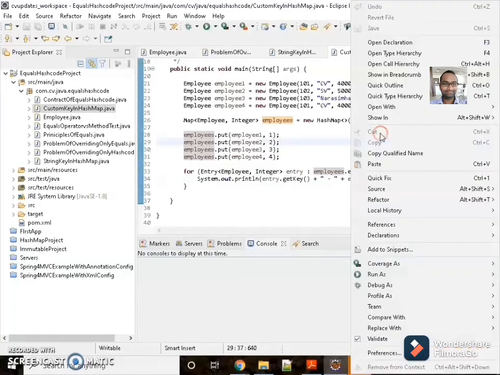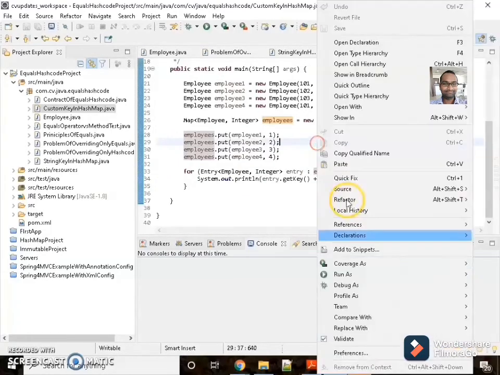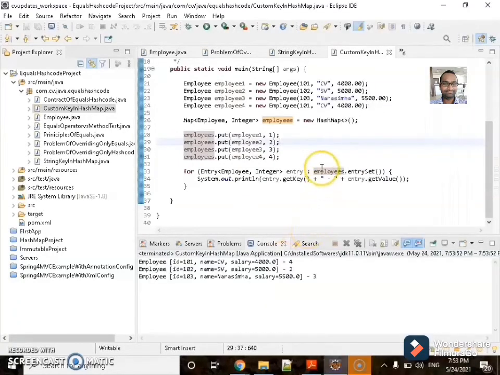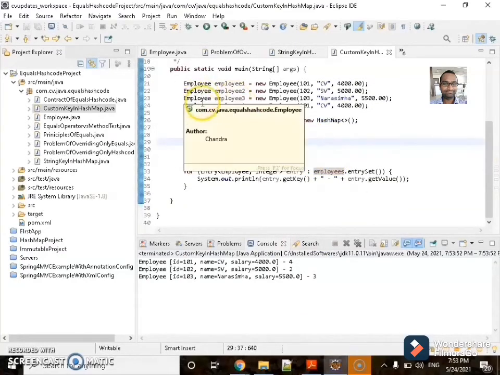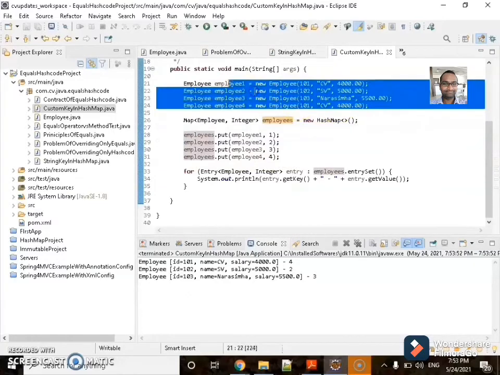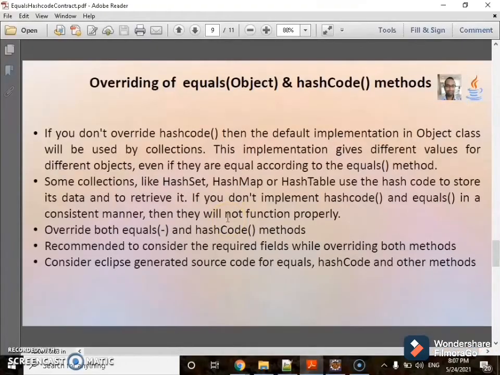So let's try to execute this program. Right click on the program, run as Java application. So I have implemented this Employee properly, due to that I am getting this output. So this is how we can override equals and hashCode methods in a custom class whenever we are using that class in a HashMap.